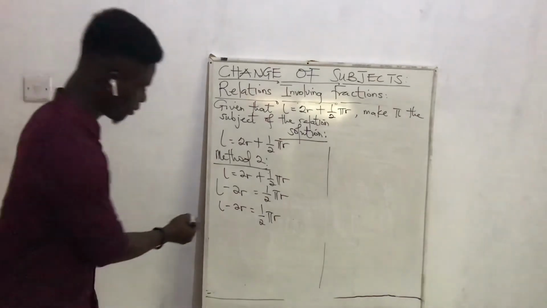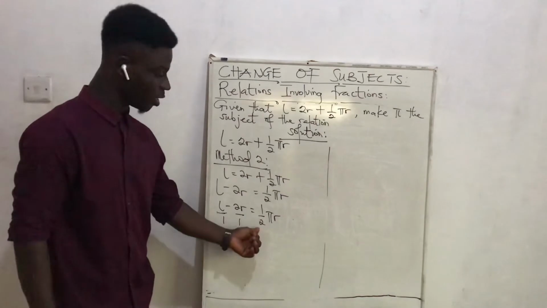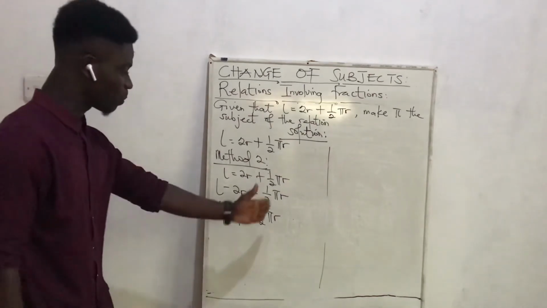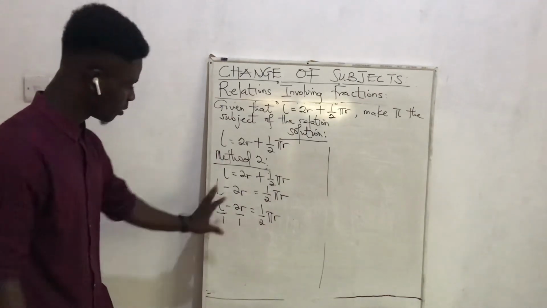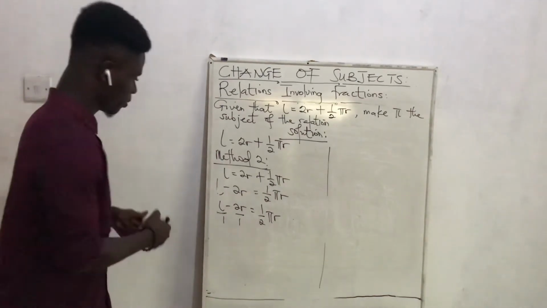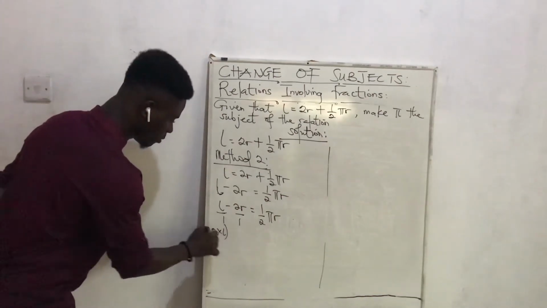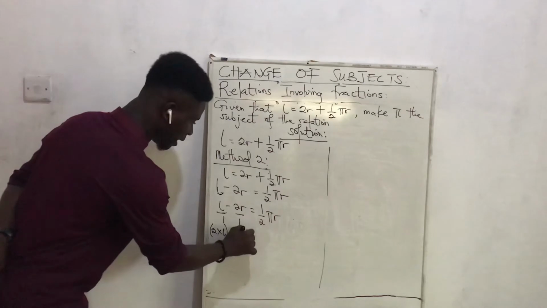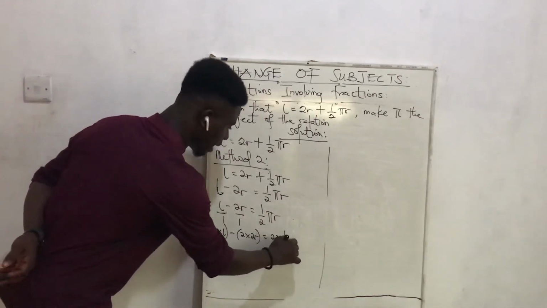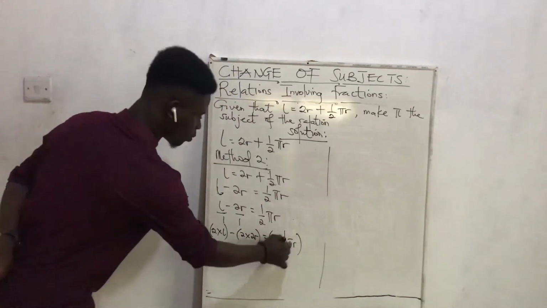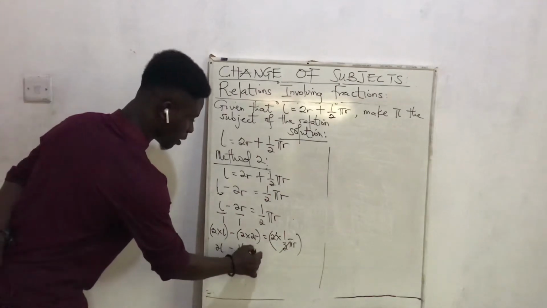Now, this one is on 1, this on 1, right? So our LCM is 2. So we multiply 2 by the LCM. So how many terms here? 1, 2, then 3. So we have 3 terms there. So we multiply 2 times L, then minus 2 times 2R equals 2 times 1 on 2 pi R. So this one cancels. So I have 2L minus 4R equals